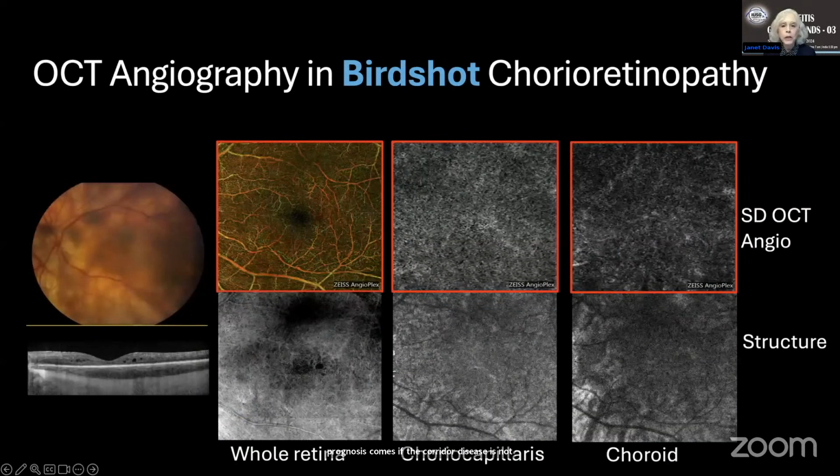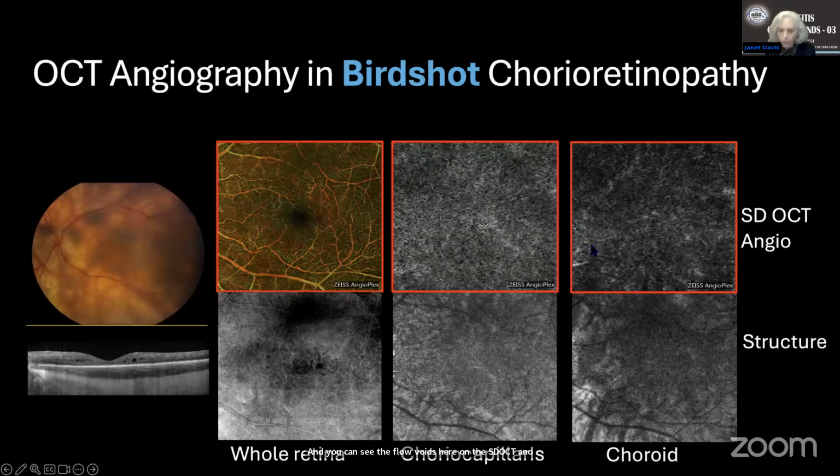Here's another way to look at the histopathology, which is OCT angiography. Please note that the whole retinal scan of the vessels here looks impaired. That is shown on the structural scan as well. There is a low-lying macular edema, a very chronic appearing eye. There's this hyporeflective choroid that we've mentioned. And you can see the flow voids here on the SD-OCT, and also abnormalities on the structural scan.